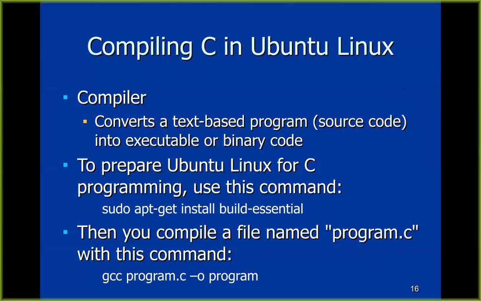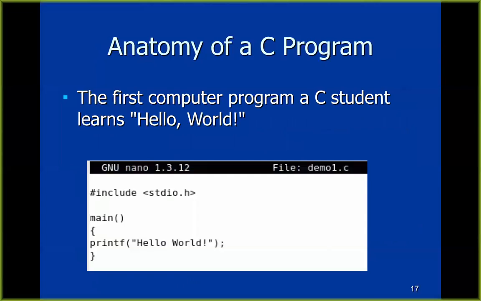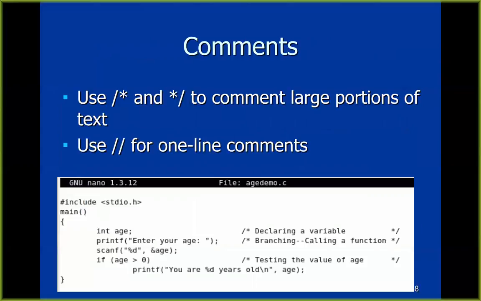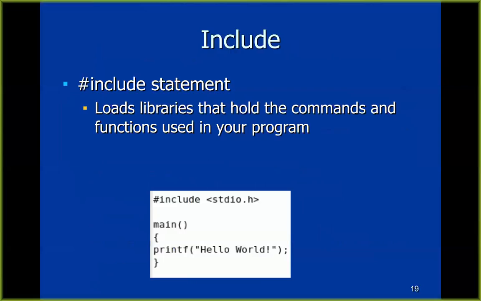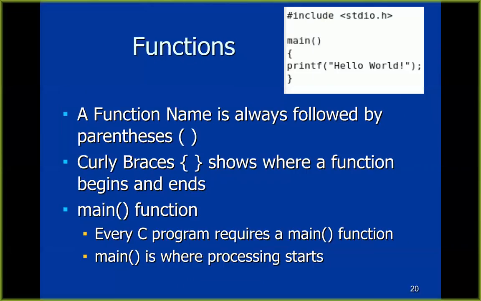And by the way, Ubuntu Linux doesn't even come with a compiler anymore because most people just want to use it. If you want to compile, you have to install this thing called Build Essential, which puts on a C compiler, and so you compile things with GCC. So here's the C program. There's your comments. We talked about that. The include statement includes libraries. You almost always want to include libraries so you don't have to write everything. You include some standard library to do boring things like take input from the user and put output on the screen and so on. You write functions that call other things like the printf function.